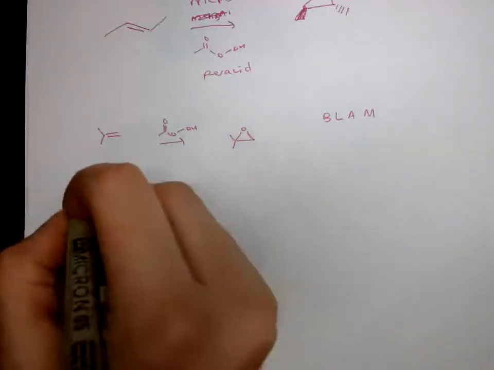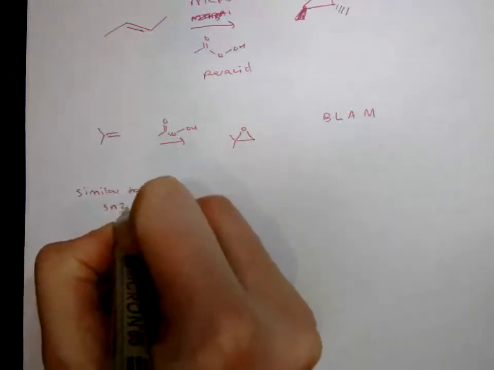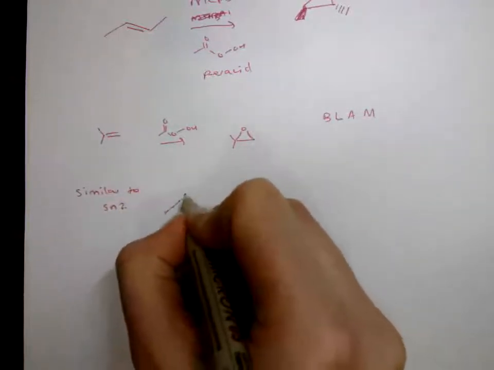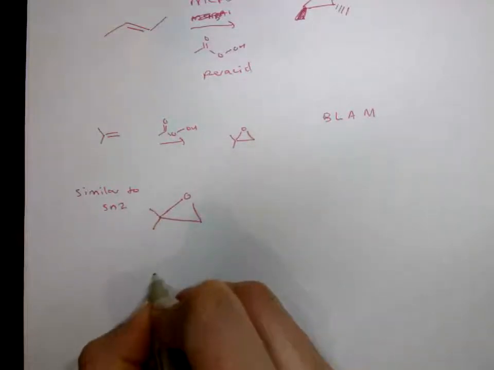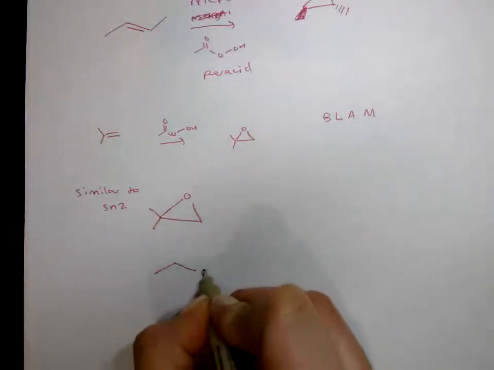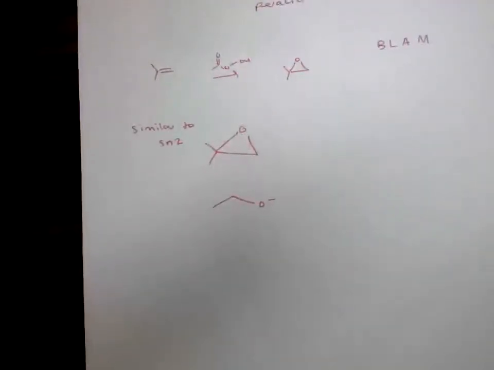And I'm going to draw first the base catalyzed ring opening. So this is similar to an SN2 mechanism where if we have this epoxide and we're just going to make this the nucleophile. So if you have some kind of nucleophile like this,